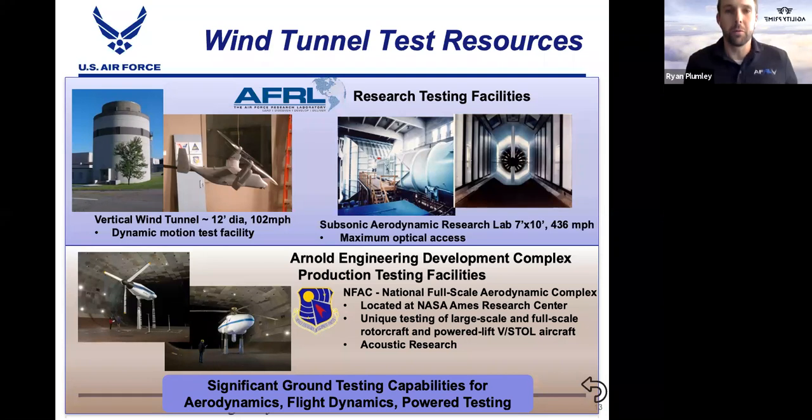Just to expand a little bit quickly on the wind tunnels here, you mentioned Air Force Research Lab. Really, I think we have some unique capabilities. A vertical wind tunnel that can do powered testing in that facility, as well as dynamic motion testing. You see there the V-22, they're able to quickly develop the data for simulation based on the modeling done in that facility. The Subsonic Aerodynamic Research Lab, the SARL, has a lot of optical access in that facility for visualization and flow velocimetry, as well as tests with laminar flow